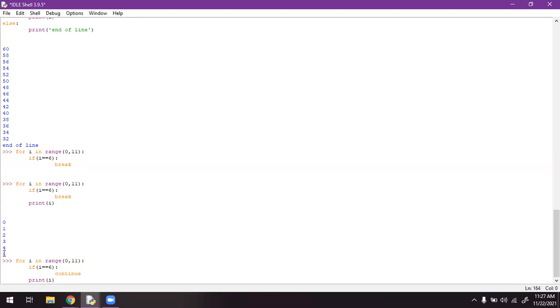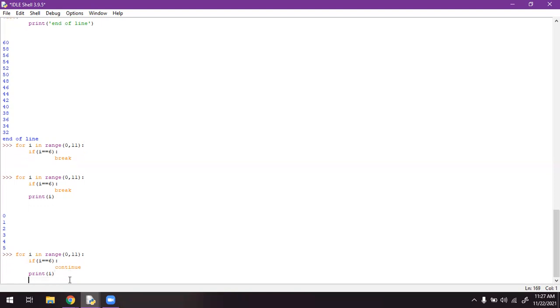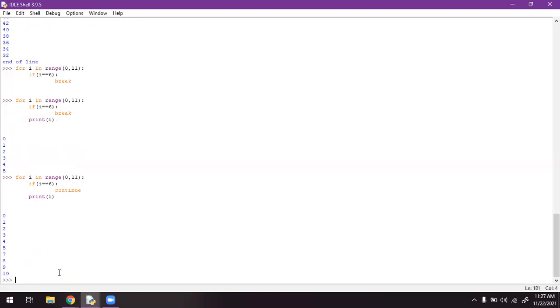The sixth number is skipped here, and the next digit is printed. The sixth number is skipped, and the seventh number is printed.